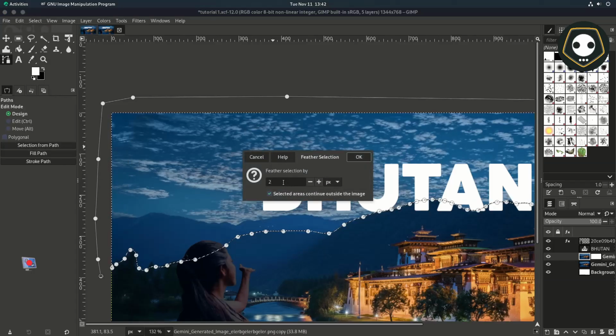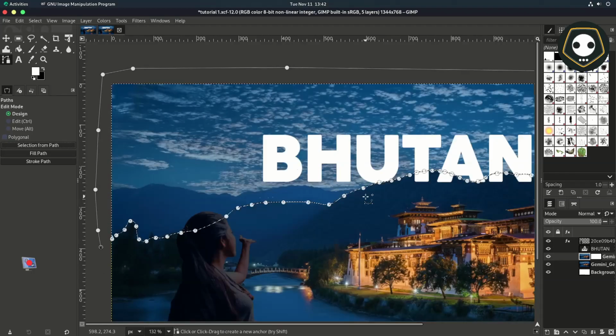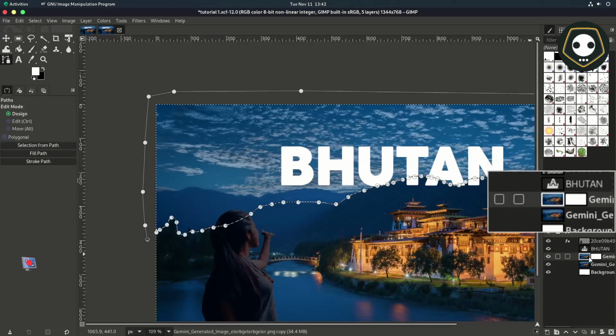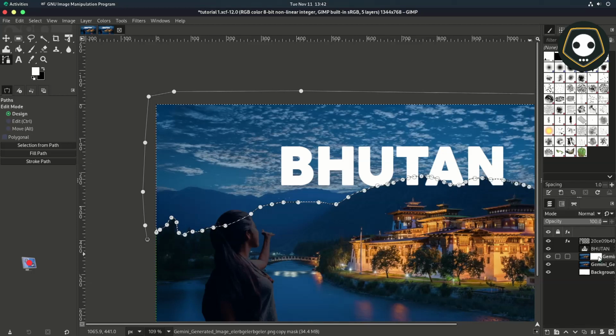You can set 2, 3 or 5, but not greater than 5, it doesn't matter. So now I want to apply this layer mask. After applying this mask, I fill it, so it automatically removes the sky area.